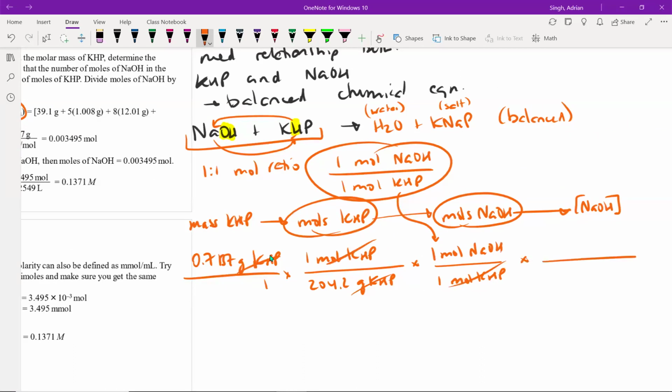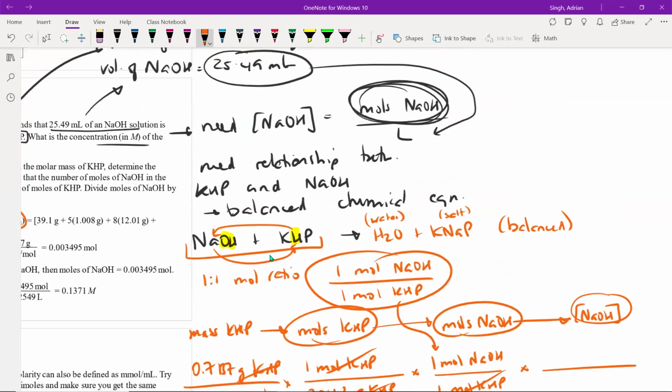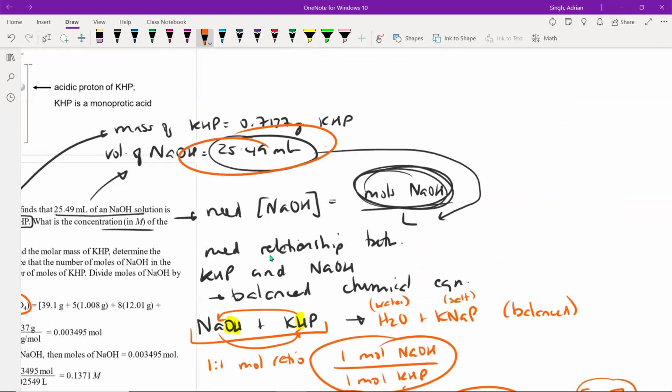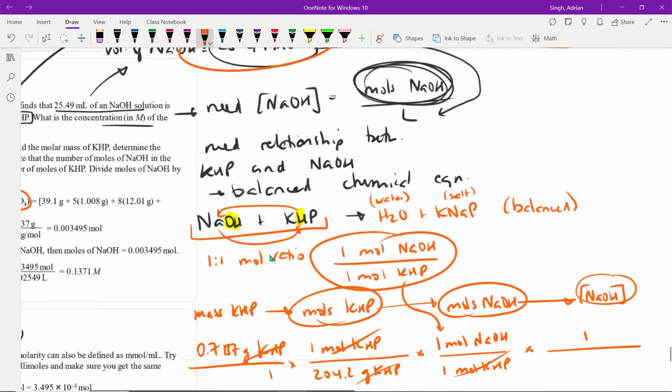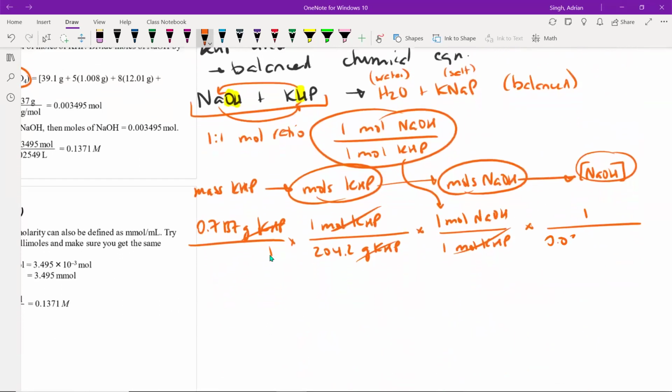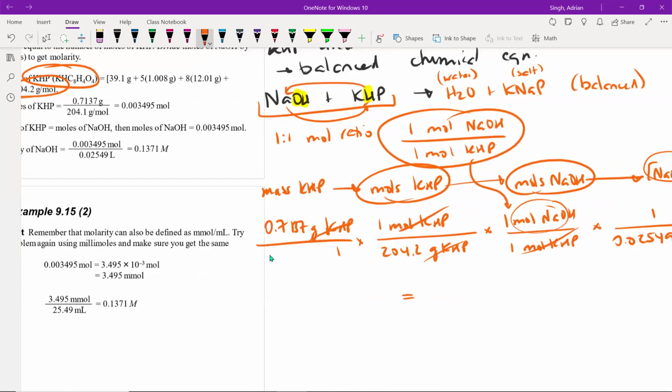And then to get to my concentration, all I'm going to do is take my moles and divide it by the volume, which we have up here in mLs. This is the same as 0.02549 liters. I just divided by 1,000 to get to liters, and I can insert this right here. Dividing by the volume is the same as multiplying by 1 over it, so that's 0.02549 liters. The only units I'm left with are moles over liters. That's molarity. Stick that in your calculator, and we end up with 0.1371 molar